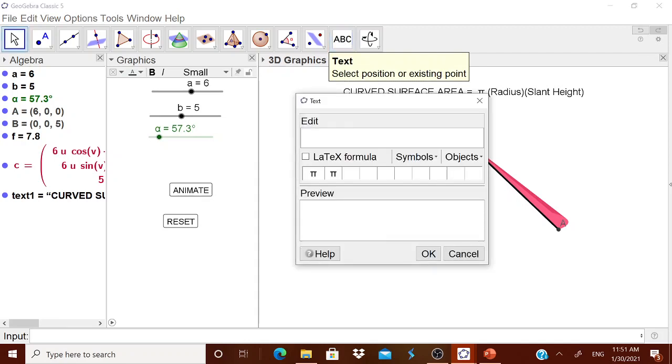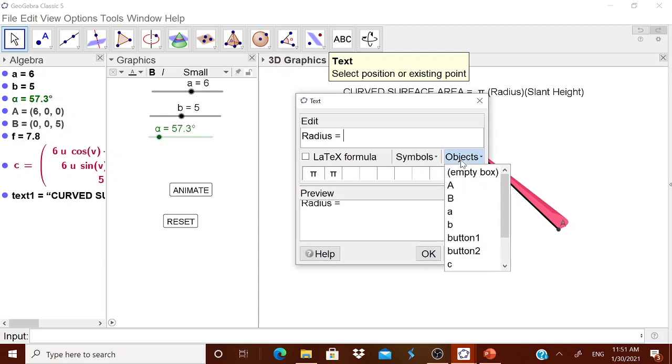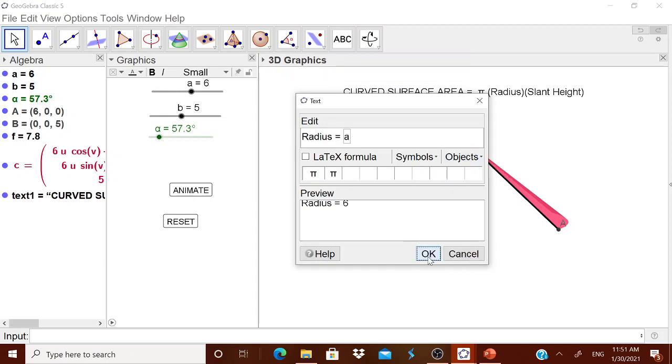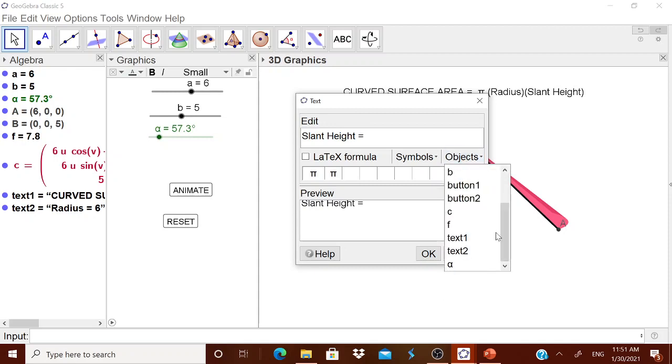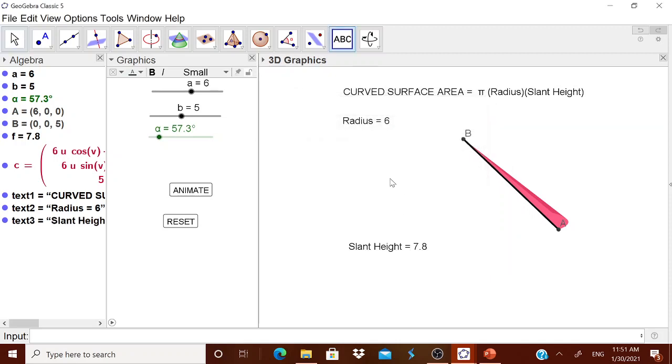From the object you can have small a, radius is equal to a. What is the slant height? Slant height is equal to, it is f. Now the child will get it.